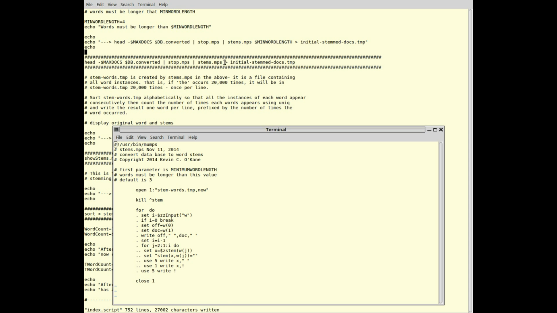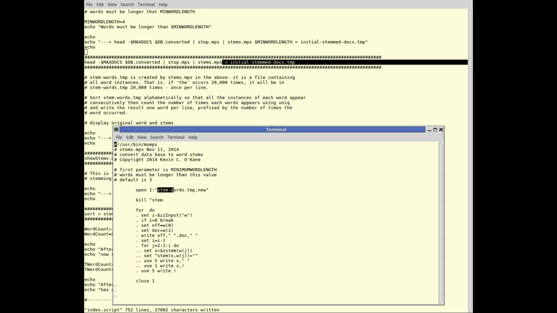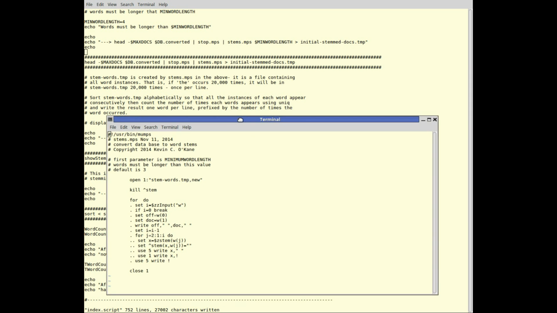And the output of that, there's two outputs. One went to a file called initial stemmed docs.temp, and the other went to a file called stemwords.temp. This is, in the inset here, stems.mumps. And you see down here, if you recall, it opened a file called stemwords.temp at the beginning. We read a document in. There's our ZZ input. It reads the document into the array W,